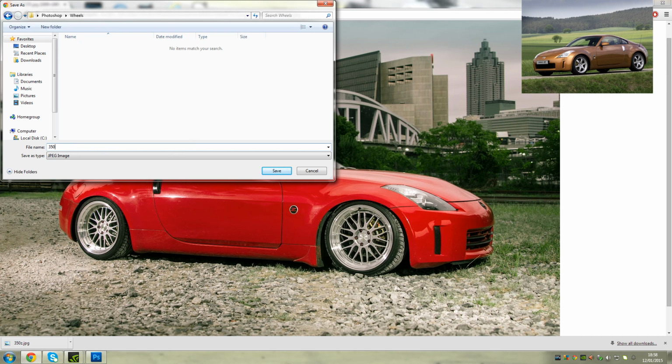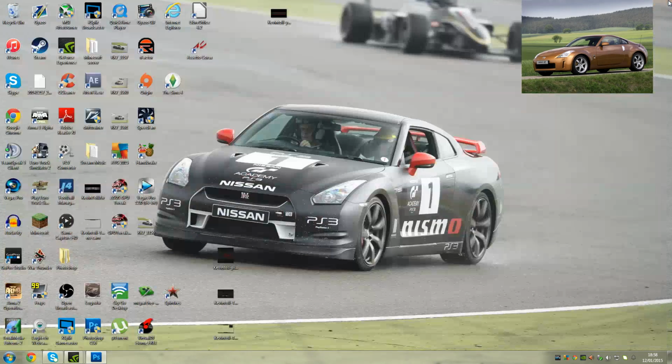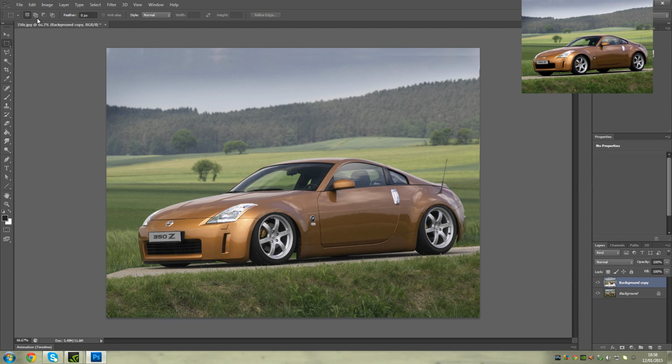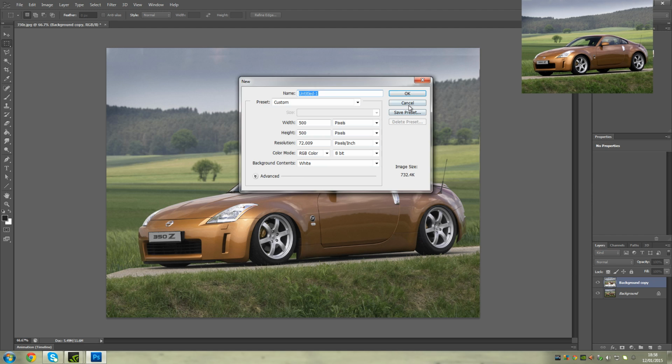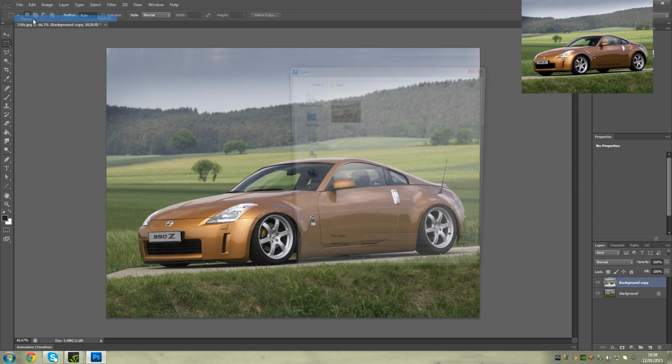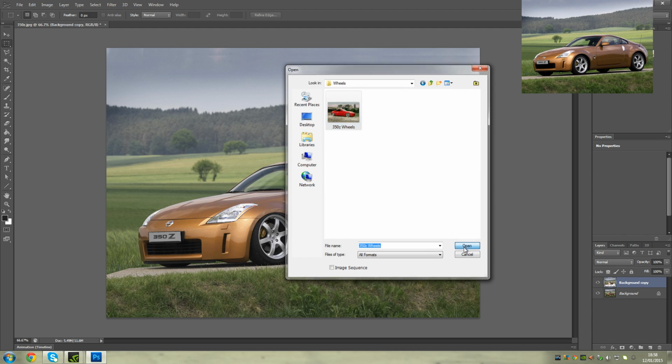So I'm just going to type in 350Z wheels just so I know what they are. Obviously you've got the little thumbnails when you go to search through that folder in the future, which I didn't mean to close that, but yeah, we've got the car now. So what you do with that is not go to file new, you go to file open, go to your folder and open,